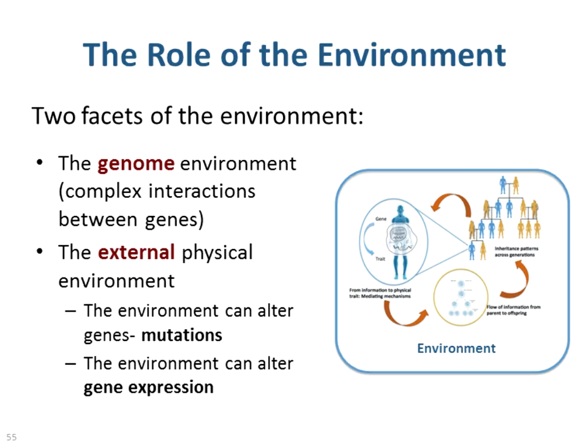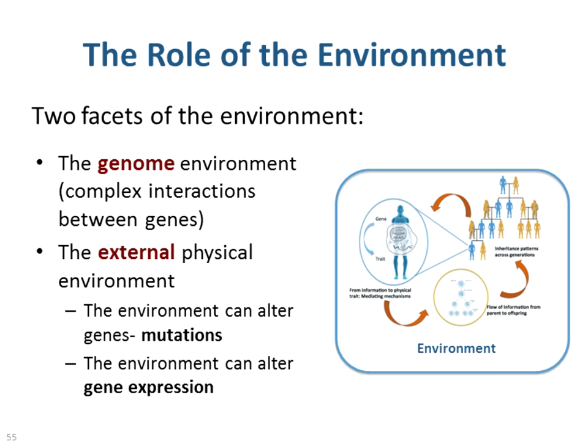There's another layer, though, that's very important, emphasized quite a bit in the framework in the NGSS, and that is the role of the environment. And you can think about the environment in two ways. One aspect of the environment is the backdrop of genes that are operating together. Our genome is really a network of genes that result in protein products, which can then also turn on or off other genes. So it's like little programs that can turn each other on and off. And it can get quite complex.